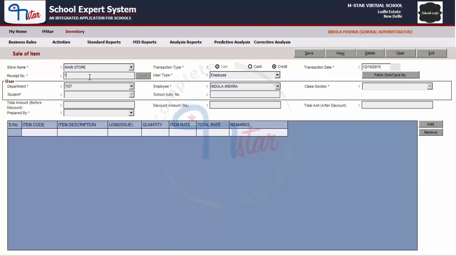and subsequently you can enter the receipt number for the current transaction. After entering the employee details or fetching them from the OMV card, click on the box next to the Prepared by and the employee list will get selected. Select the name of the employee who is preparing this transaction